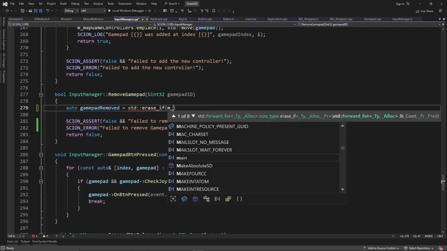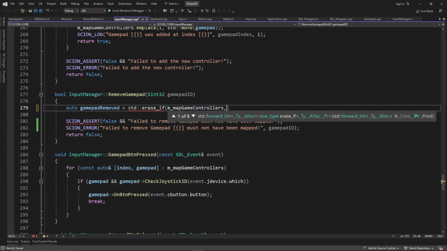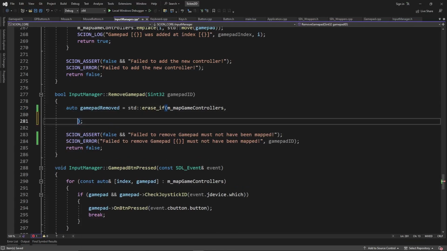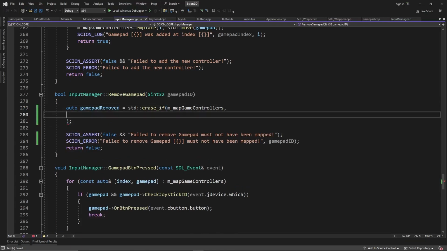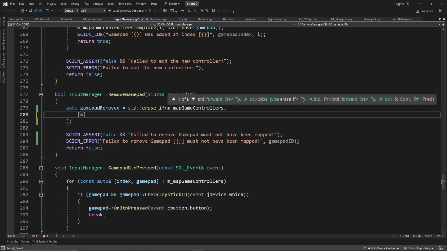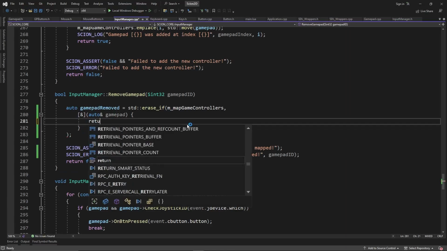We're going to send in the map game controllers, and then we need to send in a lambda function. It's going to capture by reference, and it's going to say auto reference gamepad. What this is going to do is give us a pair from the map, and here we're going to return